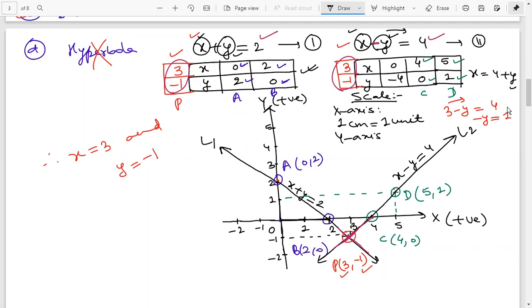Y-axis: 1 centimeter again, because we have taken 1 centimeter as 1 unit. On graph paper the boxes are made automatically, and that is equal to 1 centimeter length only. So 1 centimeter is equal to 1 unit, because we have taken 1 centimeter value. See, what is a unit? Here we have simple values, but suppose we have length, such as the length of a cloth or of an iron rod. Then the unit will be in centimeters. So to write the unit, there the unit will be kept.